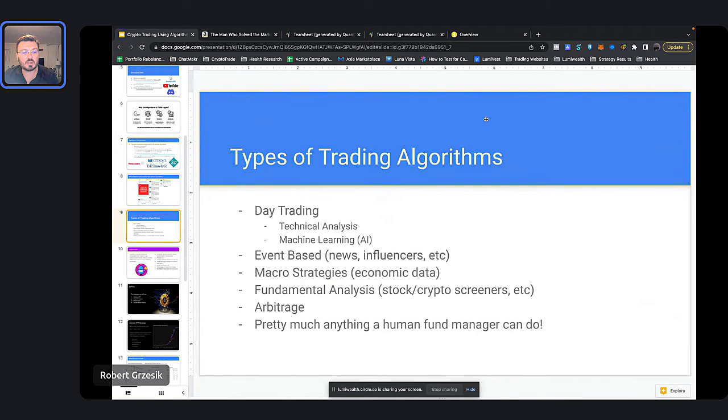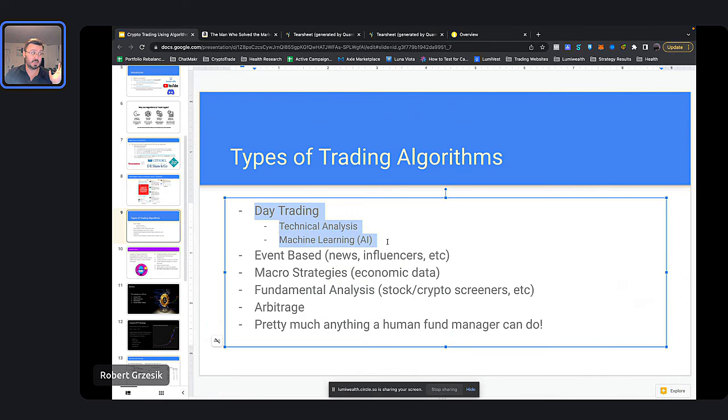We could also talk a little bit about different types of trading algorithms. I think it's unfortunate that a lot of people really only think algorithmic trading is one type of thing. Most people, when they think algorithmic trading or trading in general, they think this, and that's it. There's a lot more to it than that. And actually, I think there's a lot more money to be made in doing these other things. Ray Dalio, really big on the macro strategies. That's what he's all into. He makes a lot of money doing that.